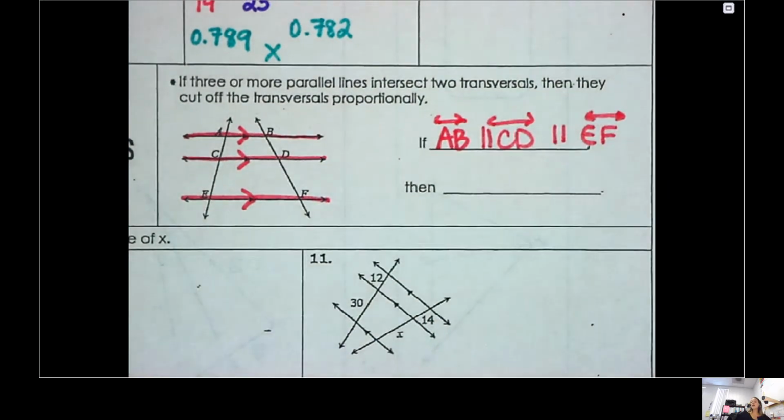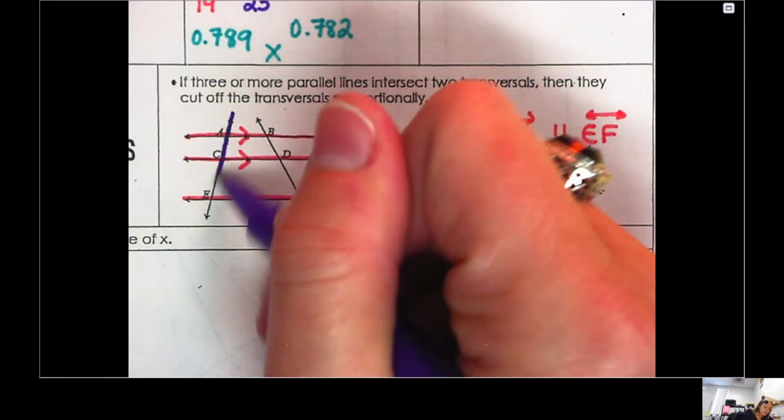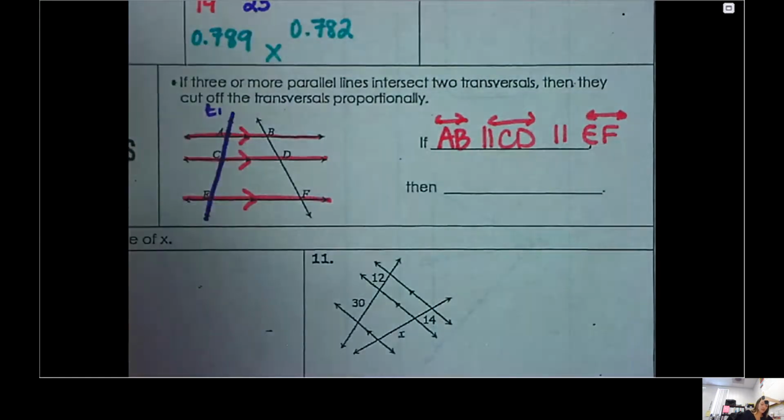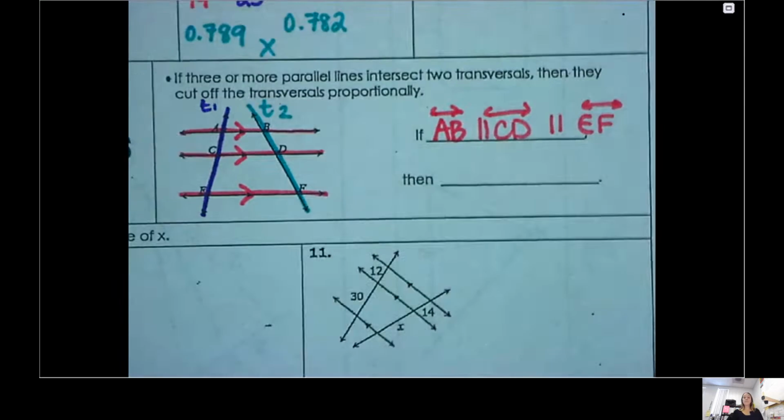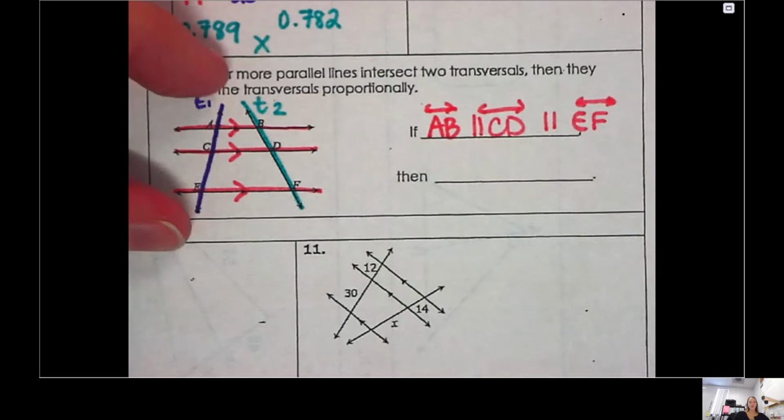The other 2 lines are your transversals. So if you want, I'll call this one T1, transversal 1, and I'll call this one T2. So does that mean like you say angle A? So it's not going to be angles. We're going to do sides because we're talking about proportions. So that means the 2 pieces that make up transversal 1 should be equal to the 2 pieces that make